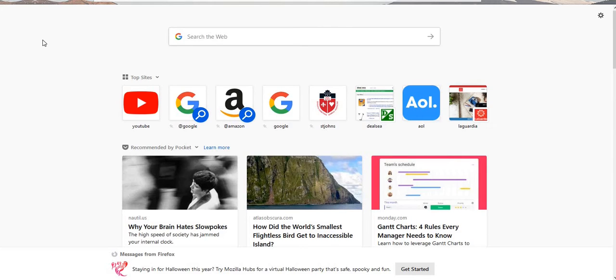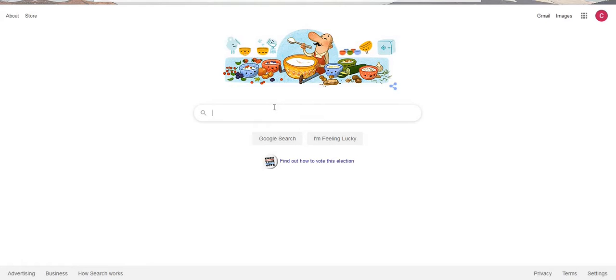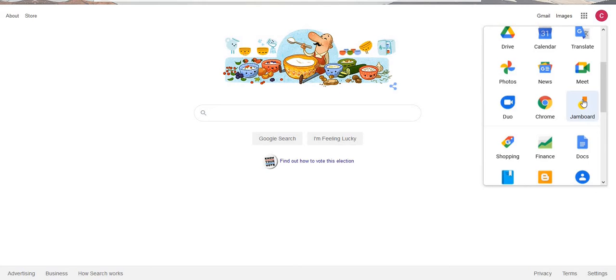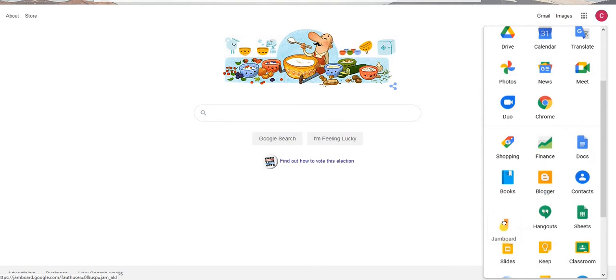So, if you want to use Jamboard for your classes, I'll show you how you can use it and how to make sample Jamboard activities. The first thing you have to do is go to Google. Now, inside of Google, you have this little waffle mark here, and that has all of your apps. Now, I have Jamboard right up on top. You'll probably find Jamboard down below somewhere, but if you're going to use it enough, I would just bring it right up to the top there. Press on Jamboard,